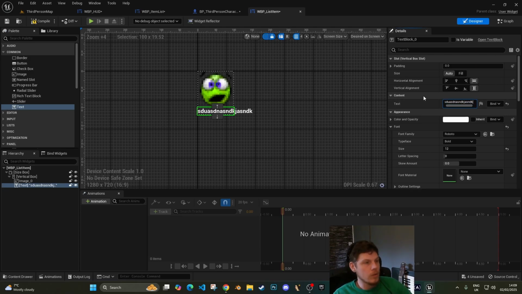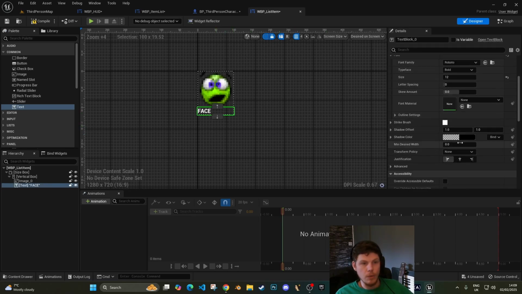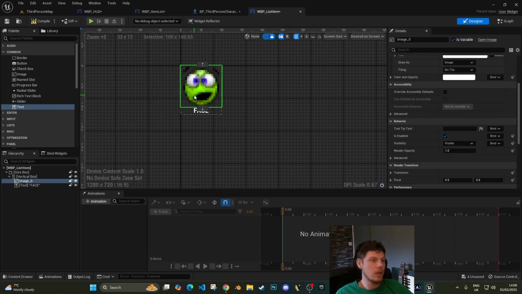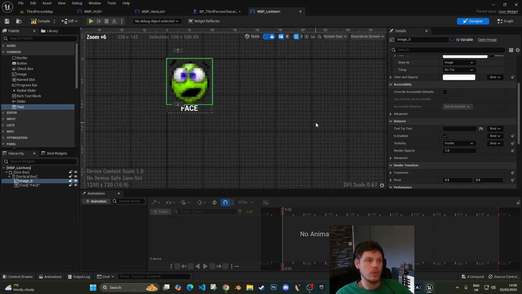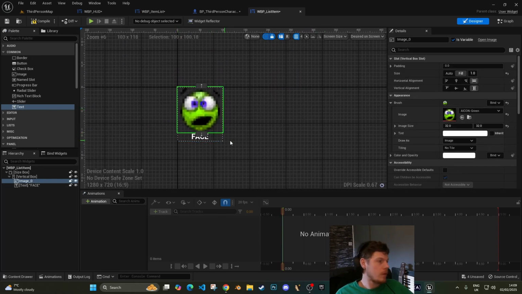Yeah, okay. So that's obviously a problem, but we'll try and consider that. So for my text, I am going to want to center this text so it's always centered. So that's fine. I don't mind that. That's absolutely fine. Okay, that's fine. So for the image, I'm actually going to change the title of this, or the name